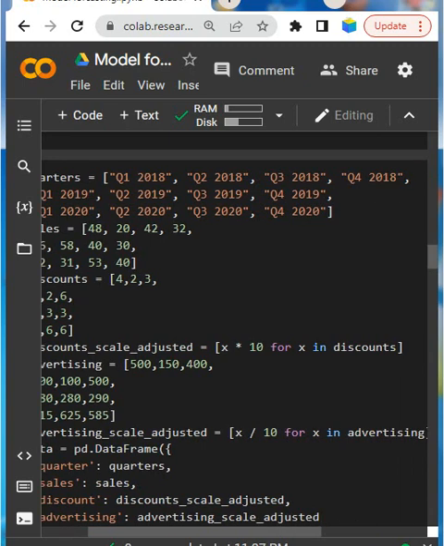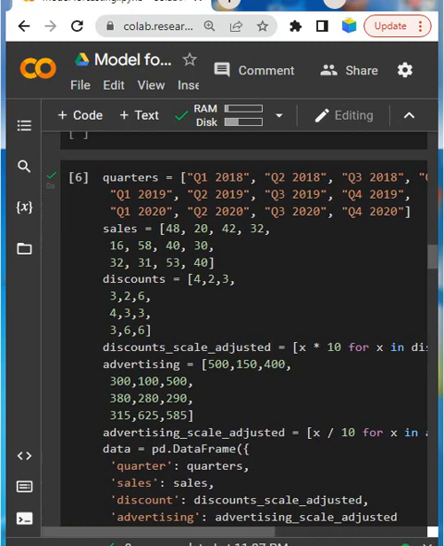We can multiply by 10 here for the discount. So your advertising, if you multiply here, it will be like 5,000.